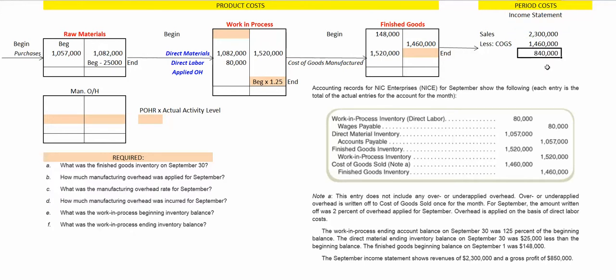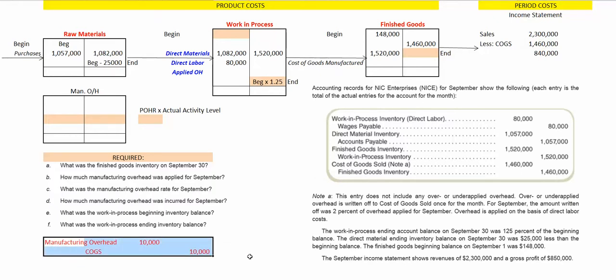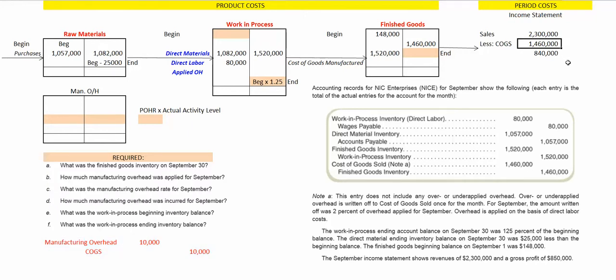That gives us a gross profit of $840,000, but we're told that our gross profit is $850,000. That means we have to do something to do what? Make our cost of goods sold go down by $10,000. Thus, our entry to close out manufacturing overhead would be a debit to manufacturing overhead for $10,000 and a credit to cost of goods sold, because again, we want cost of goods sold to go down by $10,000. We want it to be reduced to $1,450,000. So this is telling us that at the end of the year, we must have had over applied manufacturing overhead of